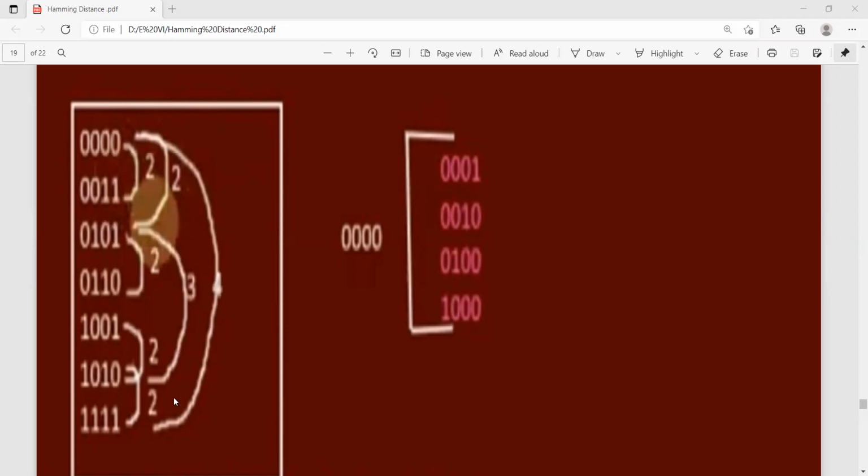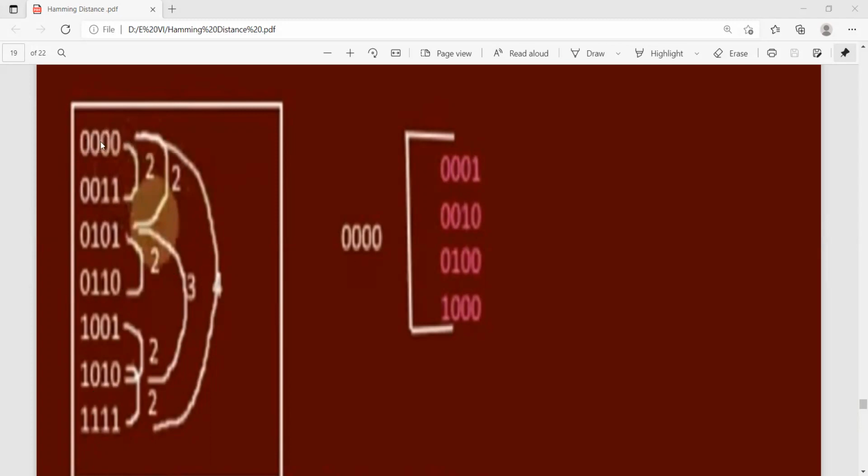That is the highest length, where all data bits are 0 or all data bits are 1. For example, 0, 1, 1, 1. Suppose I made 0, 1, 1, 1, 1. That is also 3. 0, 1, 1, 1, 3 ones.